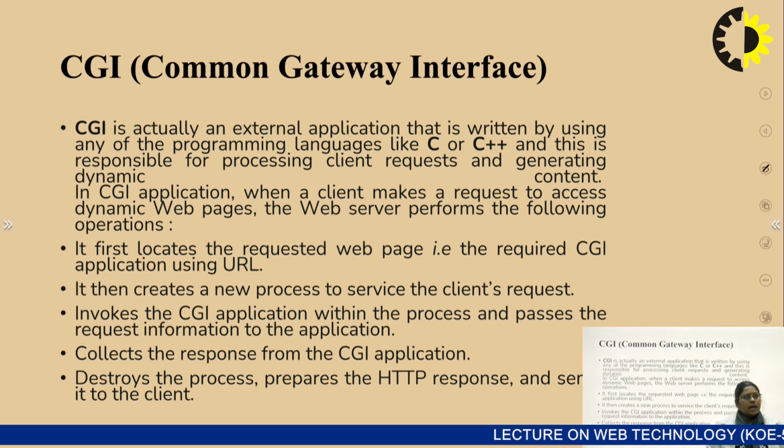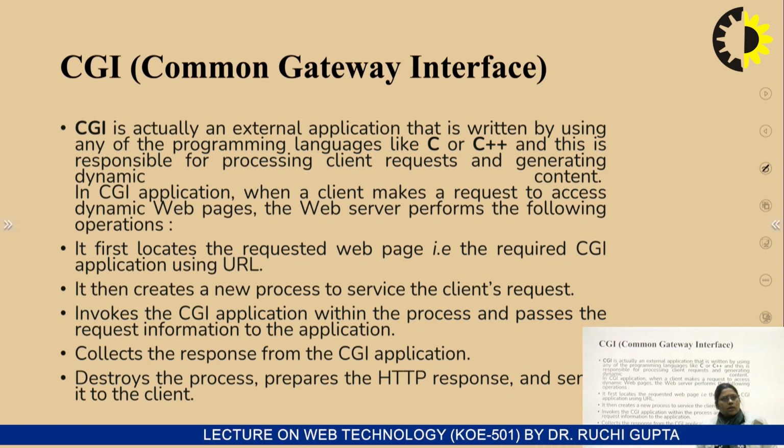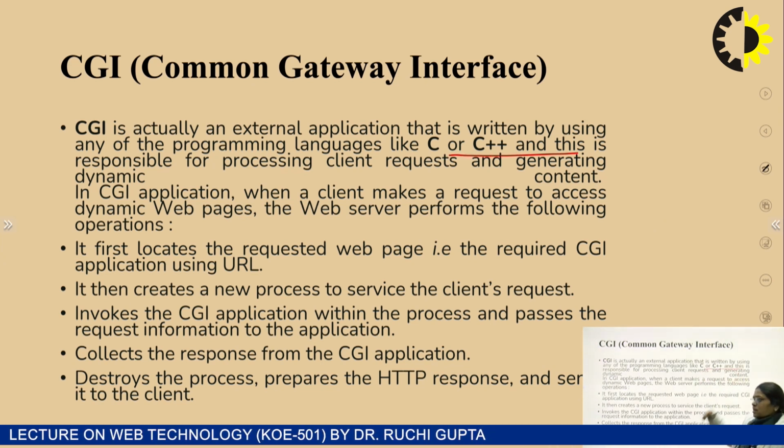what CGI is. CGI is the Common Gateway Interface. It is also a server-side technology, basically written in C or C++, and it is responsible for processing the client request and generating the